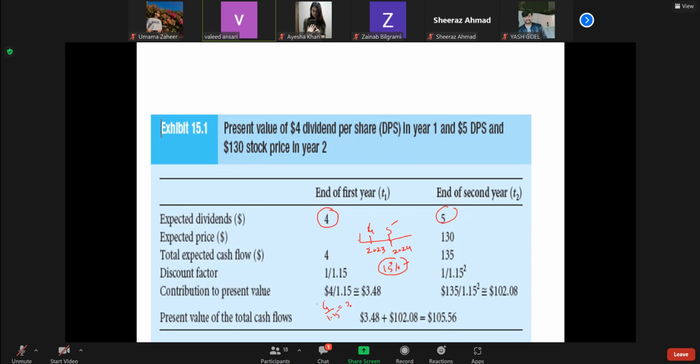So the 4 rupees which you receive after one year, if you travel backward, in today's value will be 3 rupees 48 paise. If you receive 5 rupees after 2 years, and the same discounting factor is used, the value will be